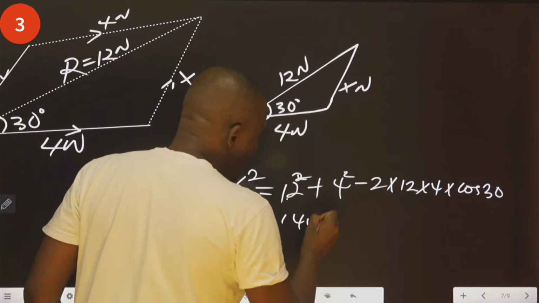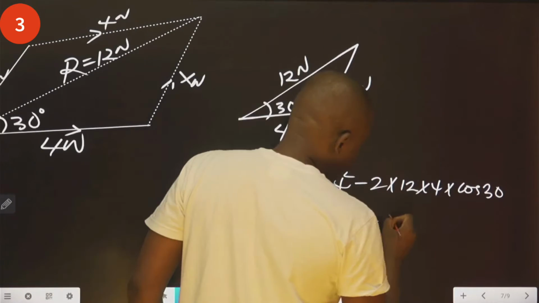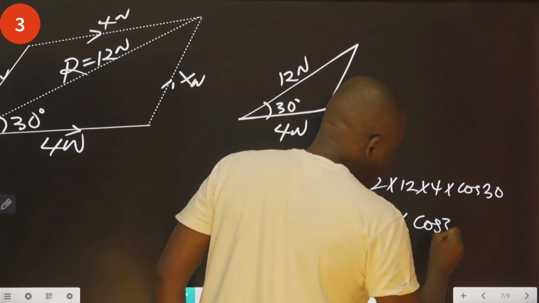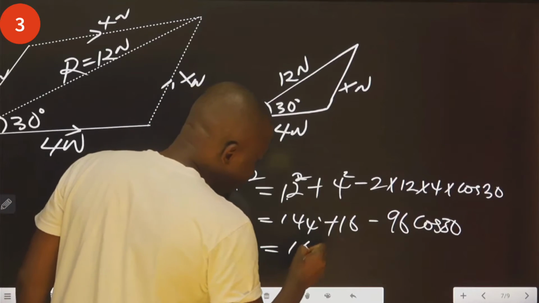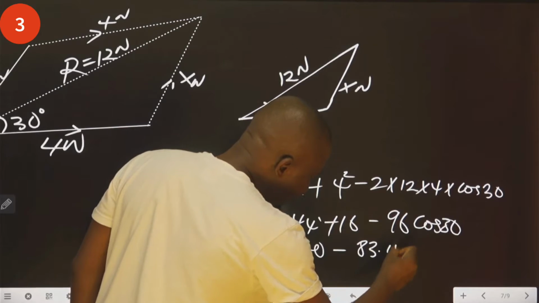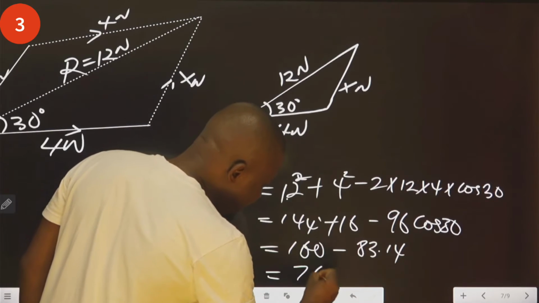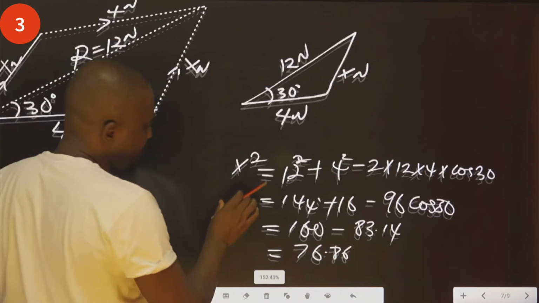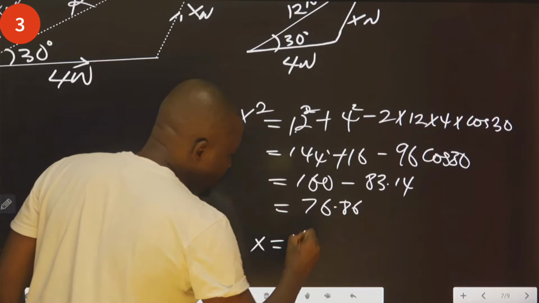So this is 144 plus 16 minus 96 cos 30. This is 160 minus, if you do this now, you're going to have 83.14. This will give us 76.86. We do x here is equal to the square root of